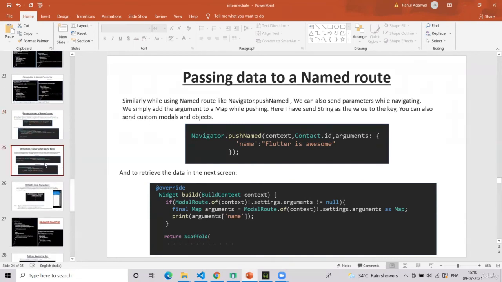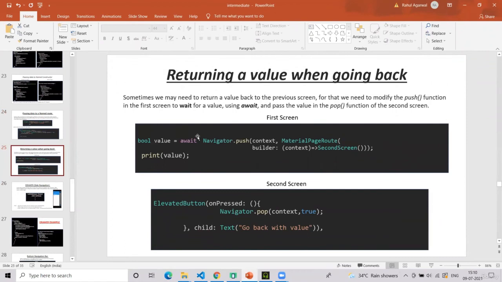So the last thing of passing value is that we also can return a value when going back. So from first screen to second screen, we learned how to pass data, but there might be some scenarios where from second screen, you must get some kind of confirmation, some kind of success or a cancelled status, and which will result in the change in the first screen.